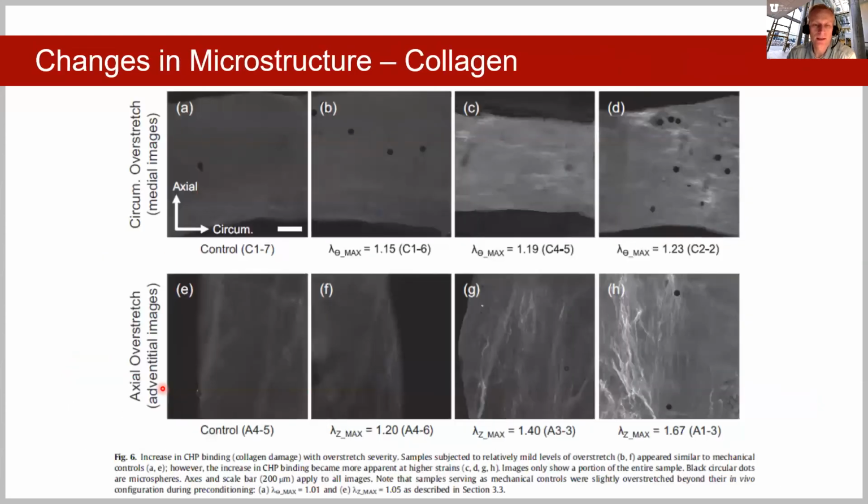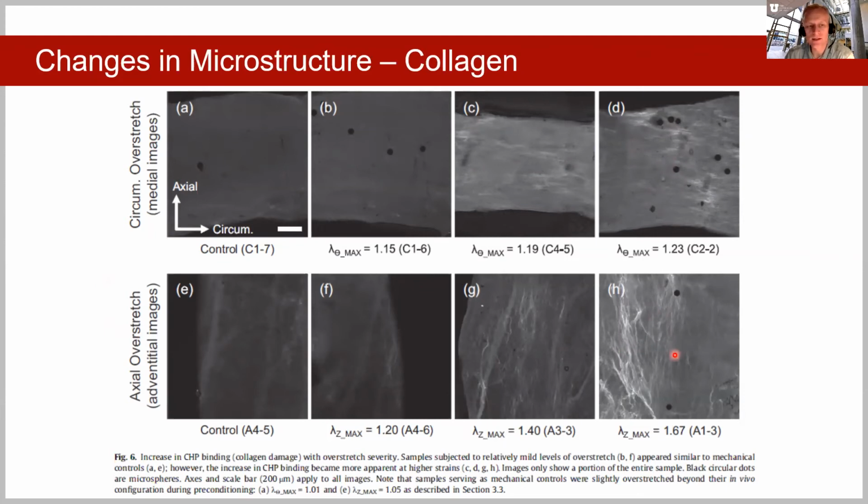Okay, so Matt performed experiments on blood vessels with both axial overstretch, that's what this bottom row is, so stretching a vessel along its length, and circumferential overstretch, where a blood vessel is expanded circumferentially. Okay. And you can see, looking left to right here, that the images get brighter and brighter, and you can see more evidence of collagen disruption by virtue of this fluorophore attached to the collagen hybridizing peptide. So this tool, and you can see the same thing in the axial overstretch experiments,